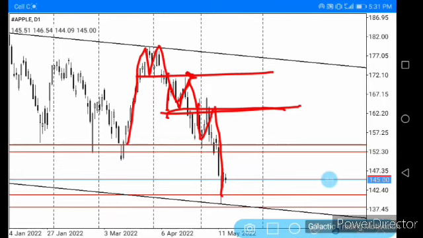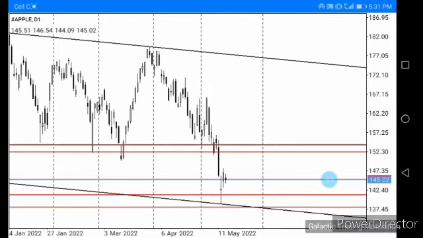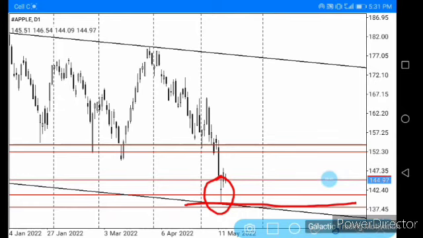So let's continue. What else do we see on this particular chart? Another thing that is also very important is that we have this candlestick over here. It's a bearish candlestick with a small body and a long lower wick. So we've got a whole lot of liquidity here. And as you can see, this candlestick, or this area where we have a whole lot of liquidity, is in line